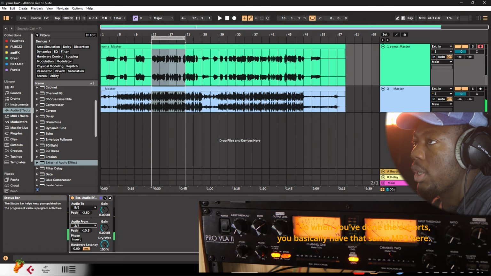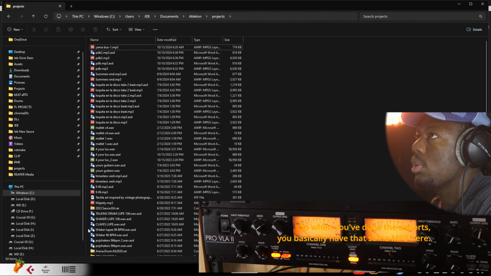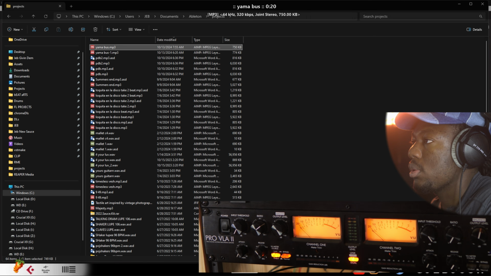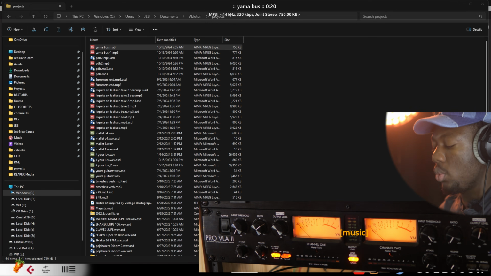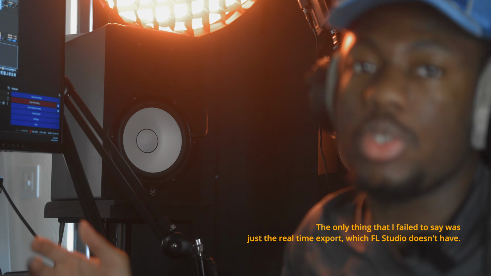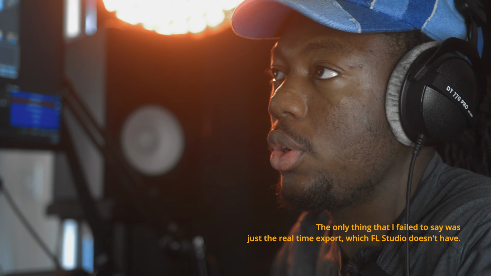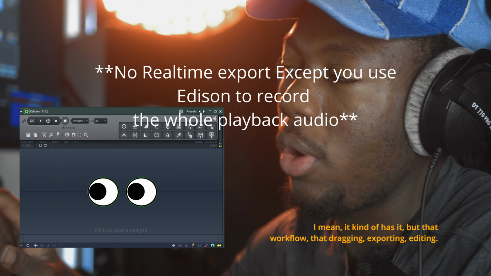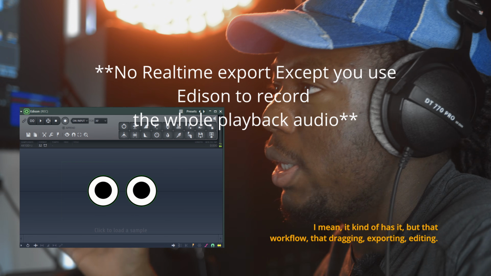So when you've done the exports, you basically have that to MP3 here, with the compressed audio. That's way easy on Ableton, right? The only thing that I failed to say was just the real-time export, which FL Studio doesn't have. I mean, it kind of has it, but that workflow, that dragging, exporting, editing,